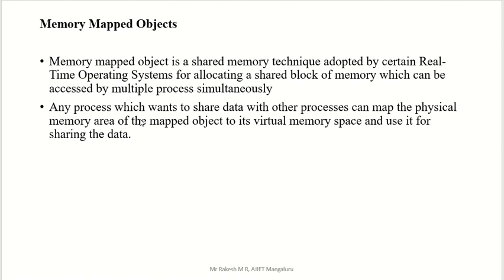We already saw the notice board. Almost it is the same as that. If communication is required, then we use memory for sharing that information. One process will share anything with the other process through that memory mapped object. There is an object which is memory mapped, and we are using that object for communication purposes.